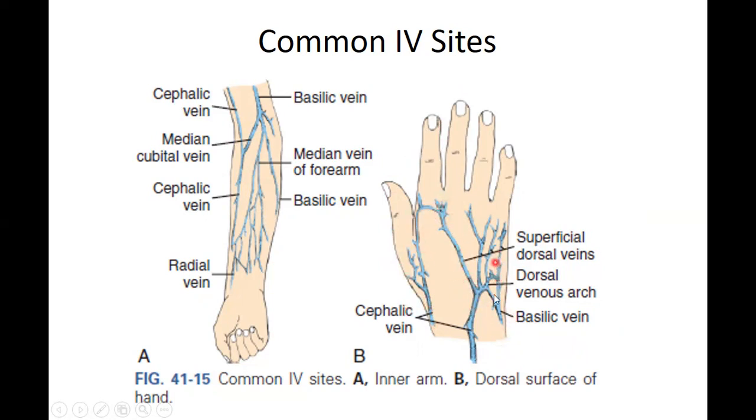Then we have the basilic vein there. It is also very common to use the basilic vein because oftentimes it is straight. Then we have the cephalic veins. These are branches of the cephalic vein. So these also are very good. Then on the inner arm here, mostly we use these surfaces quite a lot. If you can't insert on the distal aspect here, then you come to these. So we have the cephalic vein coming down there, and on the